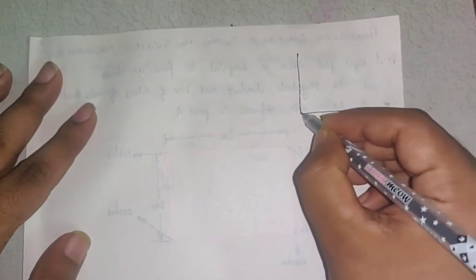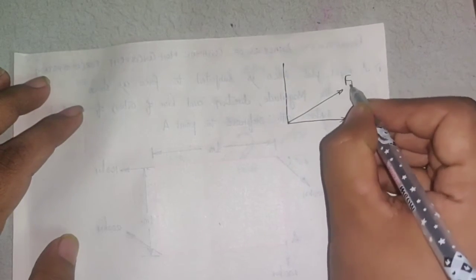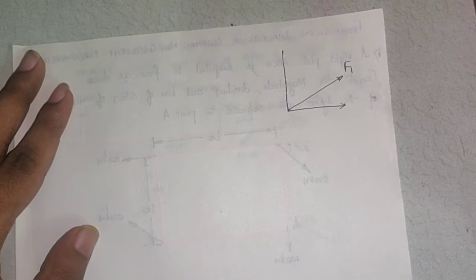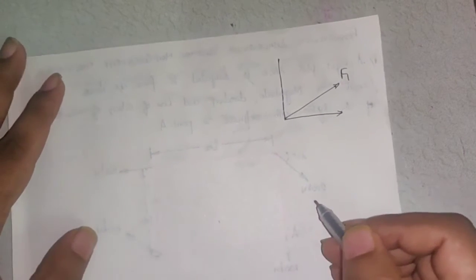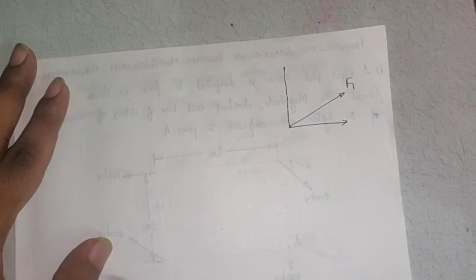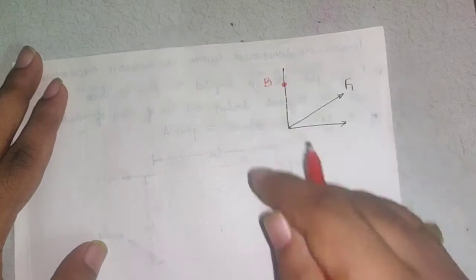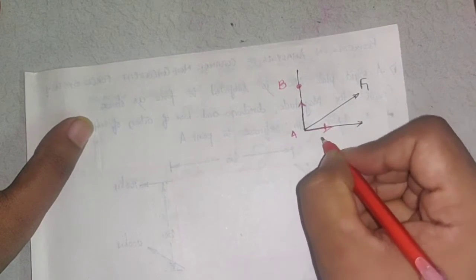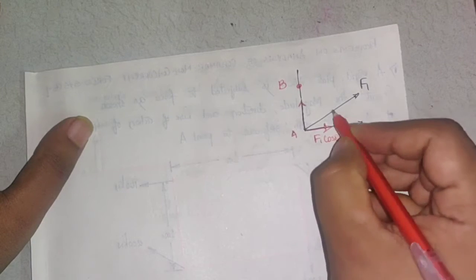Now this is the y-axis and this is the x-axis. If I take force F1, F1 has two components, a horizontal component and a vertical component. Where should I place them such that one of the components will be 0? Now I am interested in taking moment about what point? Point B, because this is the moment center. With respect to this point B, I should place the force F1 such that this is the horizontal component, which is F1 cos theta 1, because this is theta 1, and this is F1 sin theta 1.